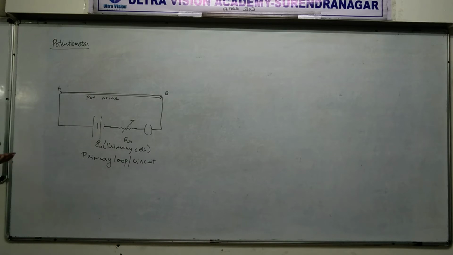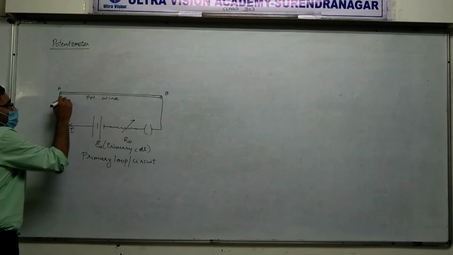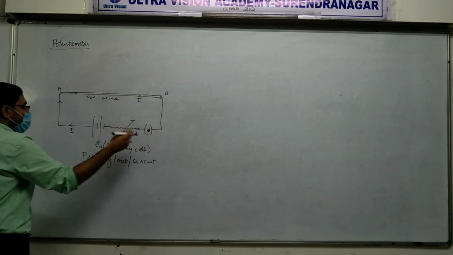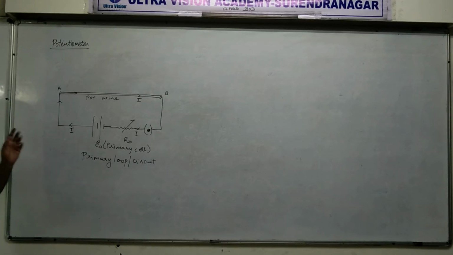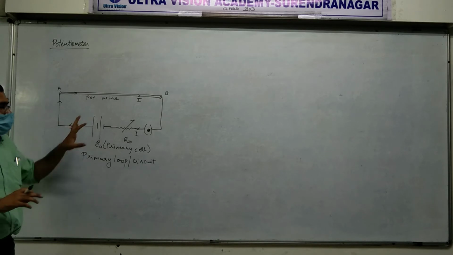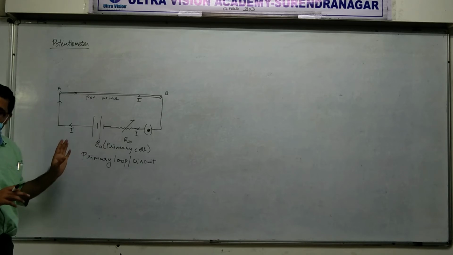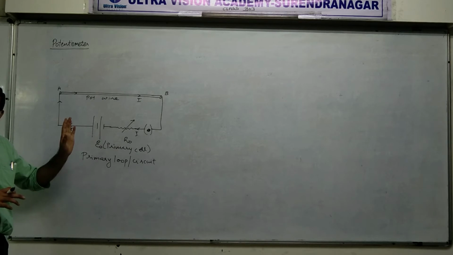And the nomenclature, if it comes in a question, you will understand, because there are more cells coming up. Where will current flow? If you have only this one, start from here, here, here, and closing this, understood? Okay. So that's the whole idea, right? This loop is called the primary loop or primary circuit of the potentiometer, and this cell which is in the primary loop is called the primary cell. Okay.